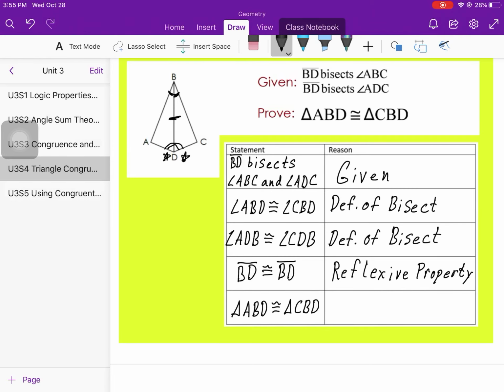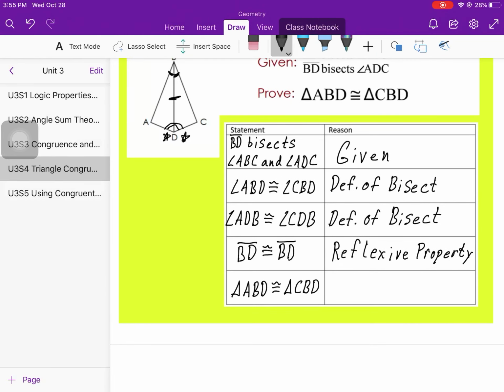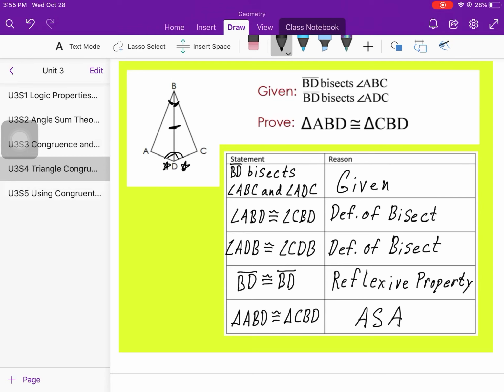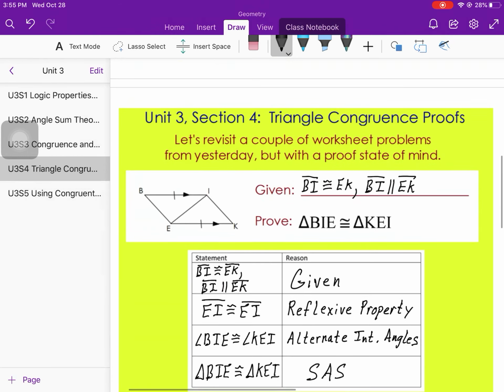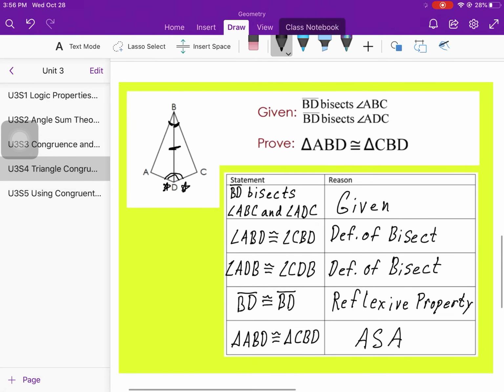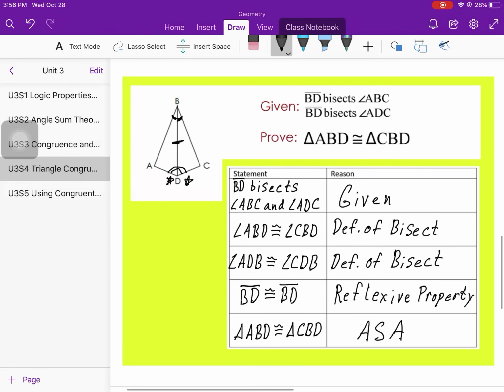Okay, so now if we look at this, recall our shortcuts, we have two angles and a side, and that side is in between the two angles. So this is angle, side, angle. And there we go. We've proven that the two triangles are congruent for both examples. So we're definitely gonna do more practice with these in class, but